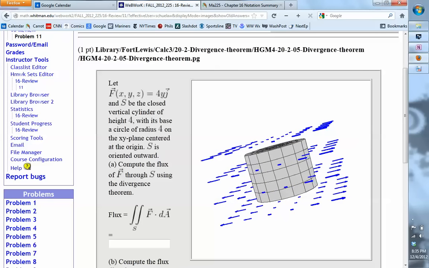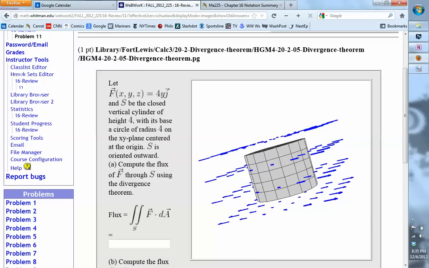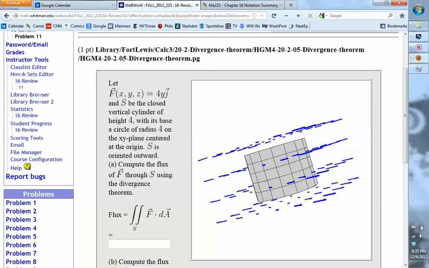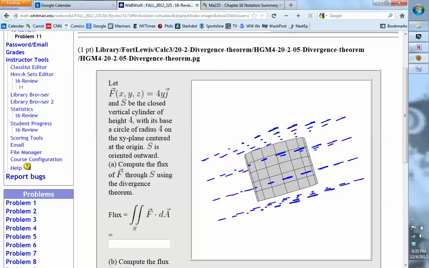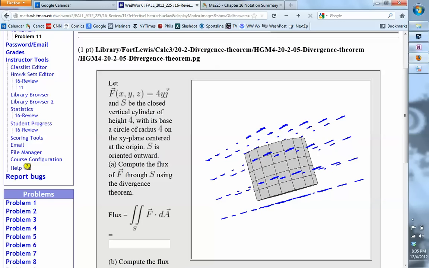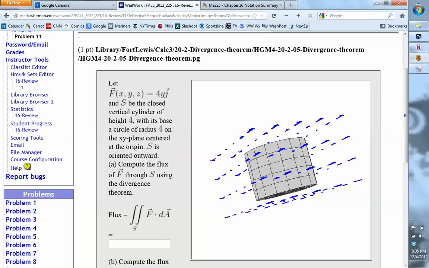In fact, it says it asks you to do it through the divergence theorem. And I found it the other way, and I was getting the answer, but for some reason it was twice what the actual answer was. So I was wondering if you could